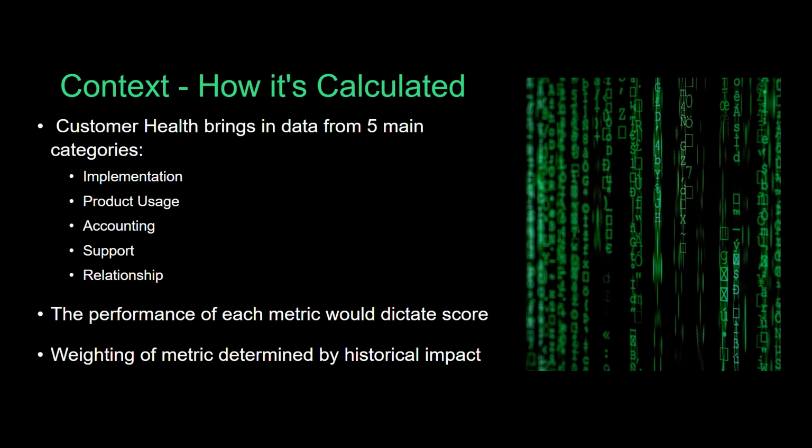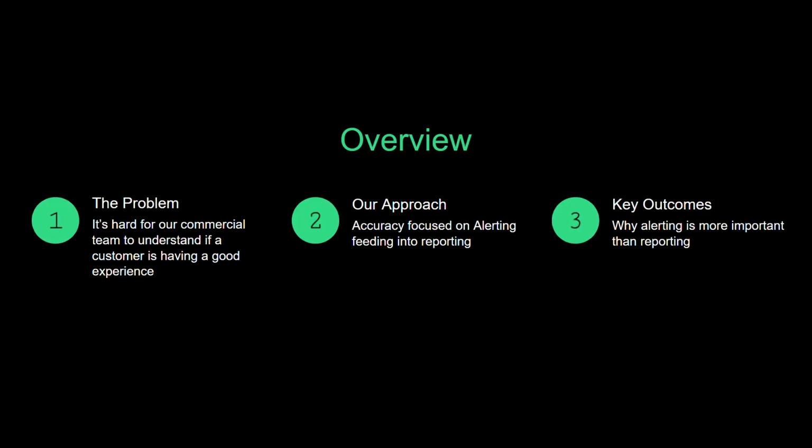And then we fed them into this algorithm that we have that basically takes into account all of these metrics and says to the commercial agent or a CSM, hey, this is the performance on the account. It's healthy, neutral, or unhealthy. And you need to take some sort of action on it in order to bring it back to a healthy relationship with LiveRamp. And then the weighting of the metrics were all determined by how often they showed up on a red deal. So yeah, hopefully that gives you a little bit of context on what LiveRamp is and what customer health means